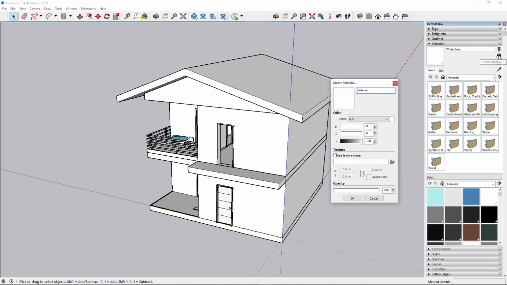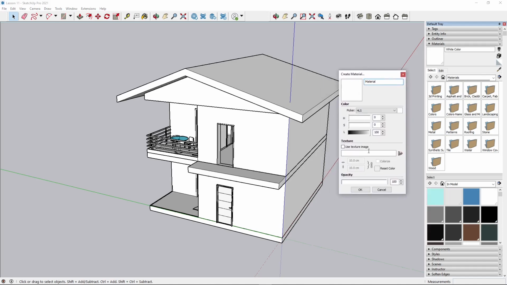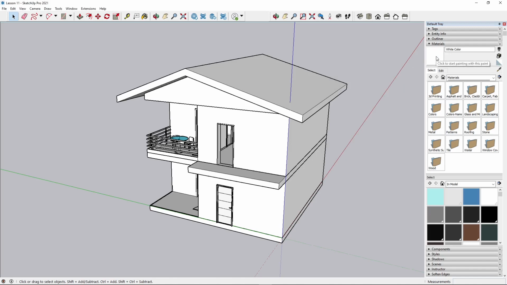Okay, then you have the create material. So this is when you want to create something from the start, and it's going to start from the material that you have selected here. So it's kind of modifying an original material. And well, of course you can then modify this one here as well by clicking on the edit